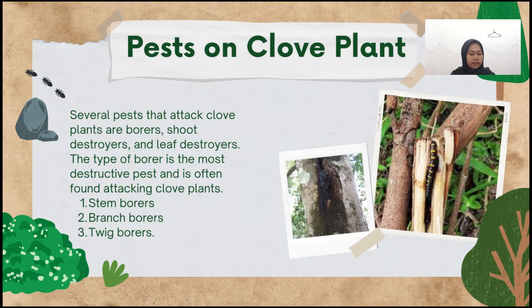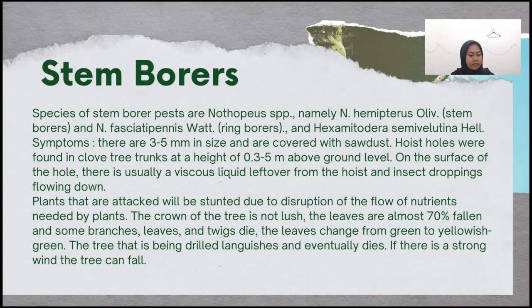Pests on clove plant. Several pests that attack clove plants are borers, shoot destroyers, and leaf destroyers. The borer type is the most destructive pest and is often found attacking clove plants. There are stem borers, branch borers, and twig borers. Stem borers. Species of stem borer pests are Notopeus sp, namely Notopeus hemipterus Olive and Notopeus fasciati,